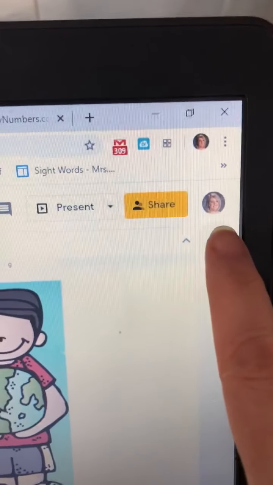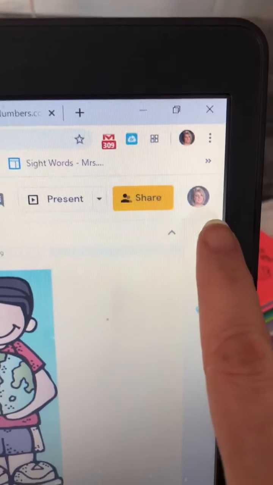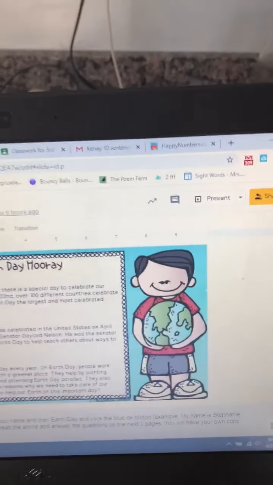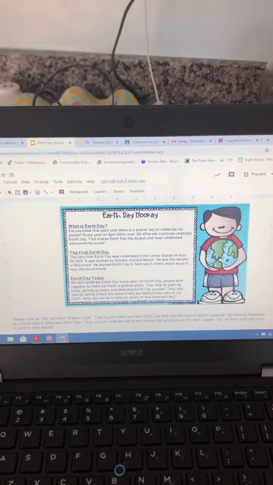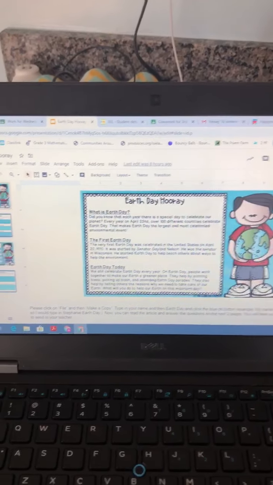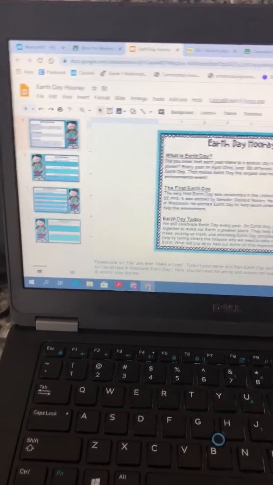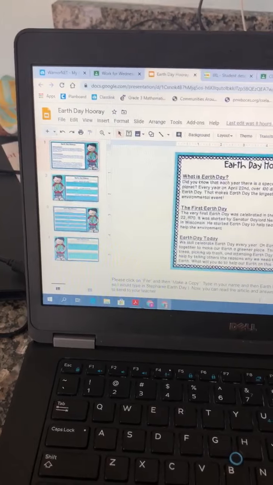Your child's face or their initial might be up here. That tells me that everything you're doing is going to be saved in your Drive, in that Google Drive, which I'll go back and show you in a second, okay? This is actually a really awesome